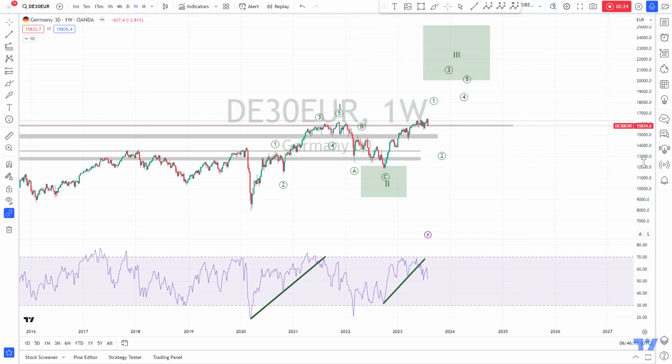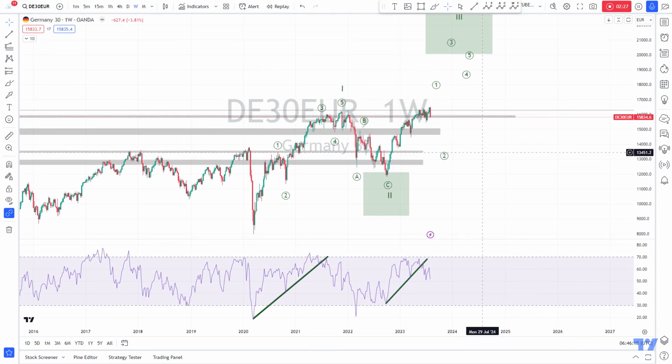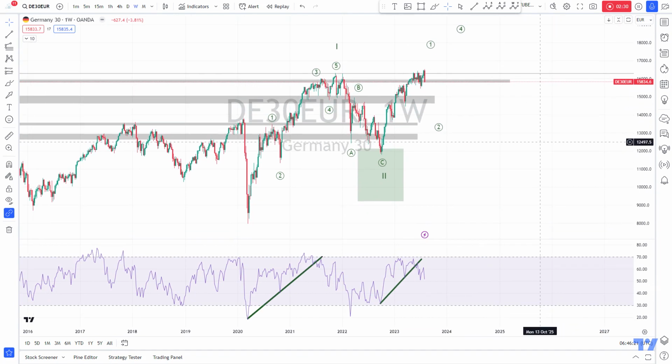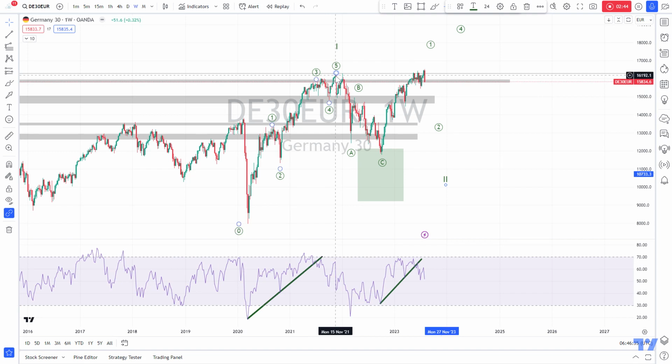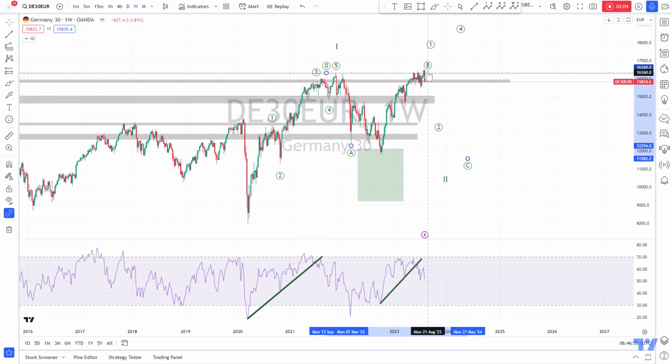However, I can also share like a bearish scenario with you in the weekly. Like it could be that this correction is still ongoing, and what would happen then is that we had a wave one here to the upside, so this wave two is still ongoing, and then we have here in the weekly like an expanded flat structure, that this is our wave A. We have an overshooting wave B, and then five waves down here into this area again as wave C. So then it looks like this.